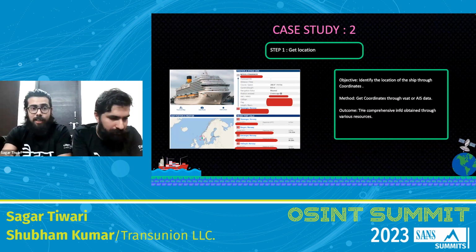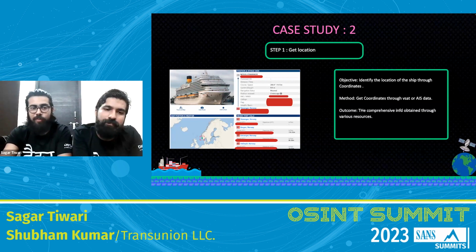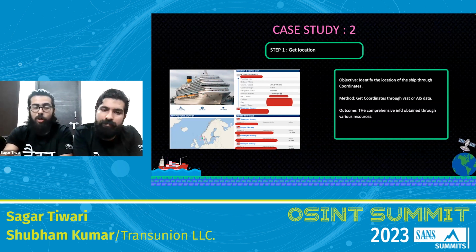But not only this, even the radio call signs are very important because they help to identify and validate any kind of threats by listening to the radio communication that is happening. And that can be done by using a shortwave radio or SDR devices, software-defined radios, basically. The dimensions are also important for the investigator because they help to understand the type of ship or the target they are looking for, either a cargo ship or a tanker ship. In that case, they know what kind of goods it is carrying, and accordingly, they can move on with their cases. Is there an illicit activity going on or not?